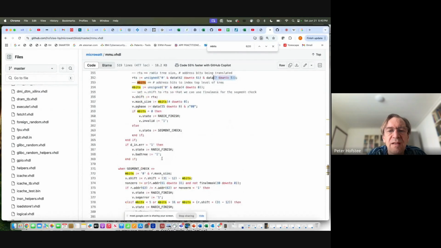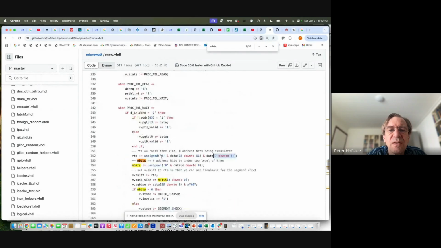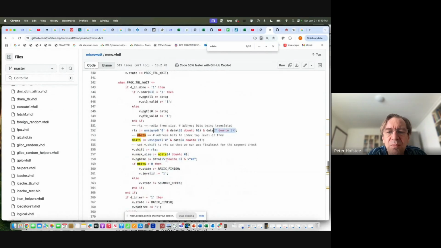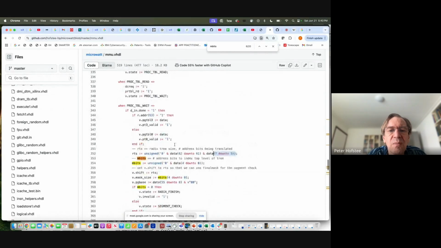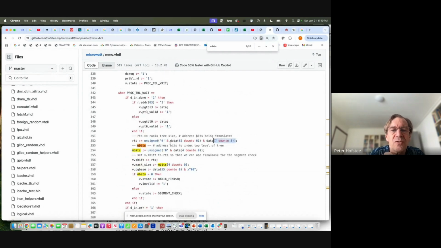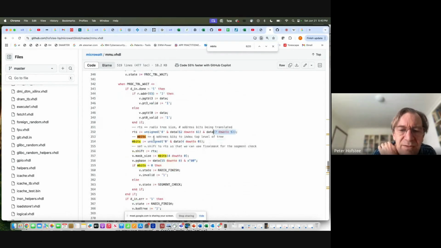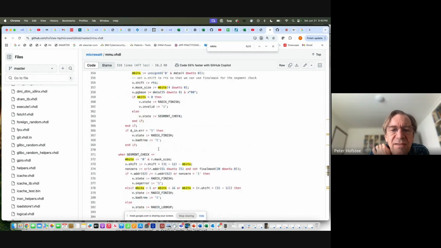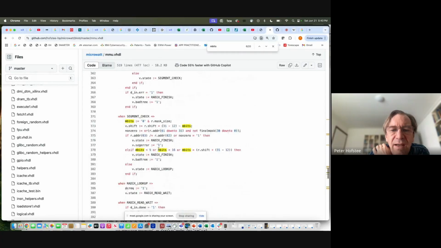And then you go to that. I think there must be still a little bit more detail. So in a second we'll look for some of those states that are associated with walking each of those radix page tables, and then at the end you do this segment stack check,